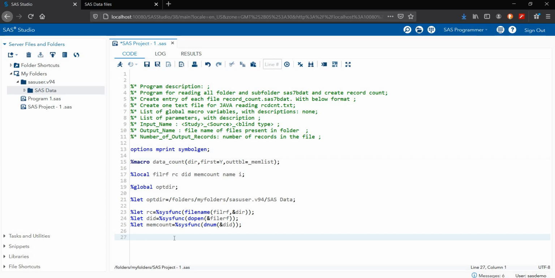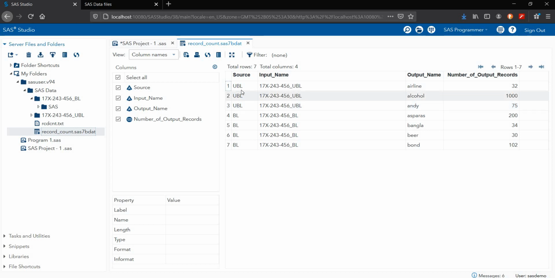Now my file is open. The next task is to check the extension. If the BL is there, I need the source name in the BL. So I'm declaring my input variable, and the input variable is my folder name.